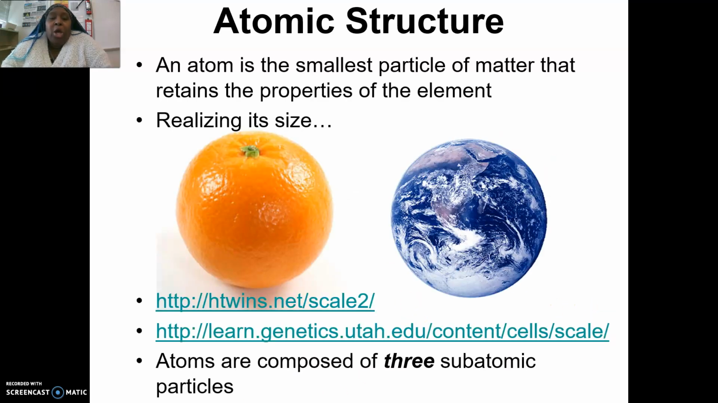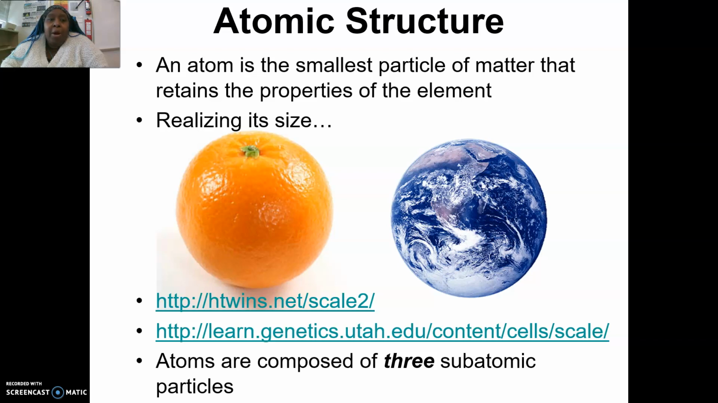Alright, so we talked about the differences between an atom, an element, a compound, and a molecule. So most of this is going to be review. The atom is going to be the smallest particle of matter that retains the property of that element. There are a few videos that I'm going to have you take a look at, and they're right down here. What I want you to know in terms of atomic structure, atoms are going to be composed of